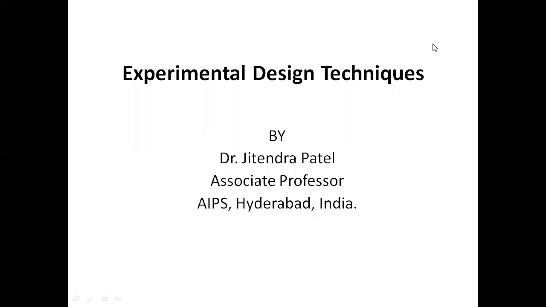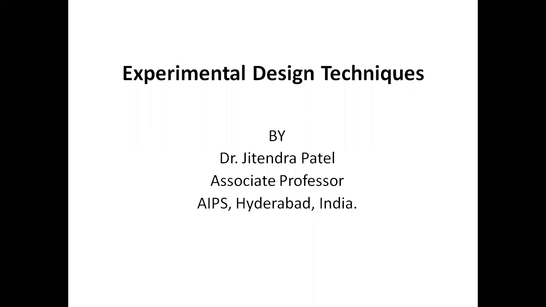Hello students, today we are going to discuss experimental design techniques, right? We are going to take the example of one bioreactor. In industry, whenever the bioreactor has any error or fault in the process, chemical or method, they use experimental design and change the experimental methods, and they get good quality products, and at the same time they improve the method.